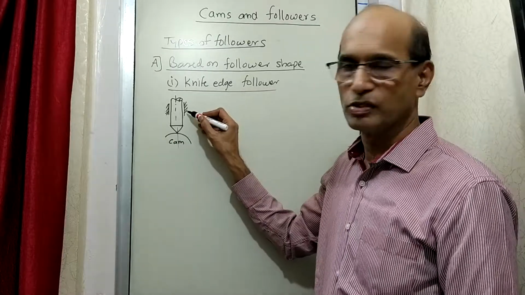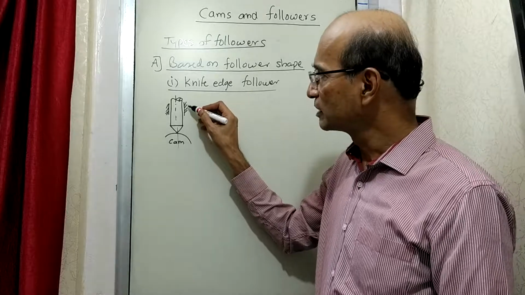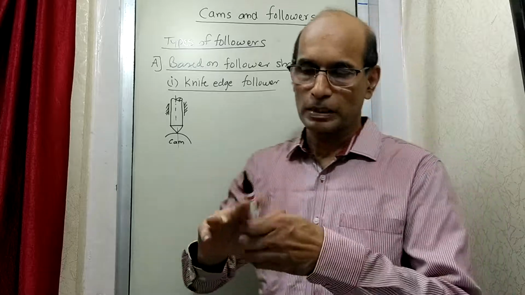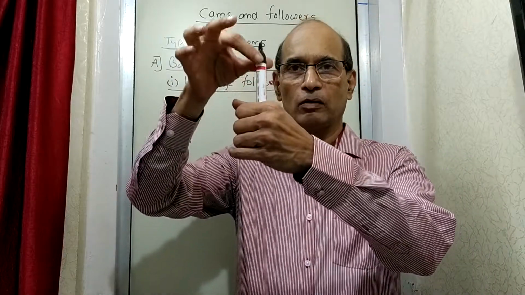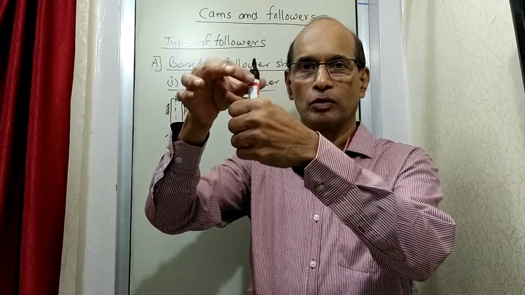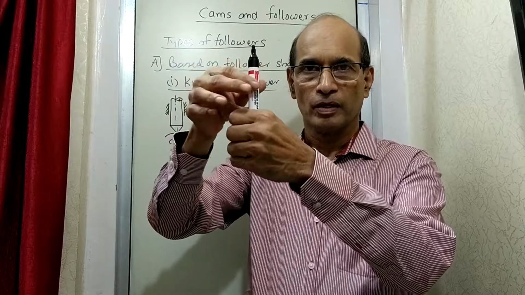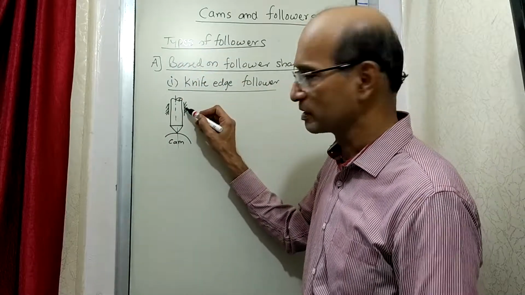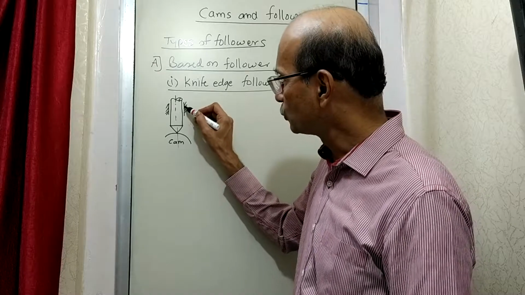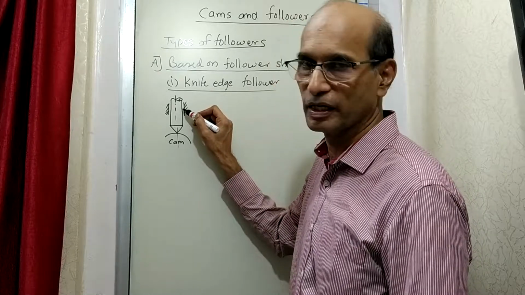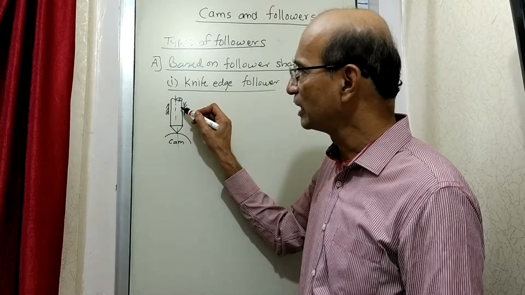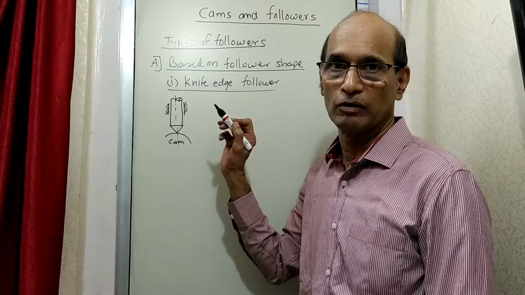Now this is a convention. What you see here, these lines which are shown, these lines are showing the support. So like suppose I am holding it like this, it is moving up and down like this. So this is working as a support. So in this support it is moving and it is moving in a perfect vertical direction. Now I have shown here clearance. The convention always is that we show this clearance. We don't show that this is touching here, because if you make this touch, then it will indicate that this is fixed. This will not move. That will be the meaning.